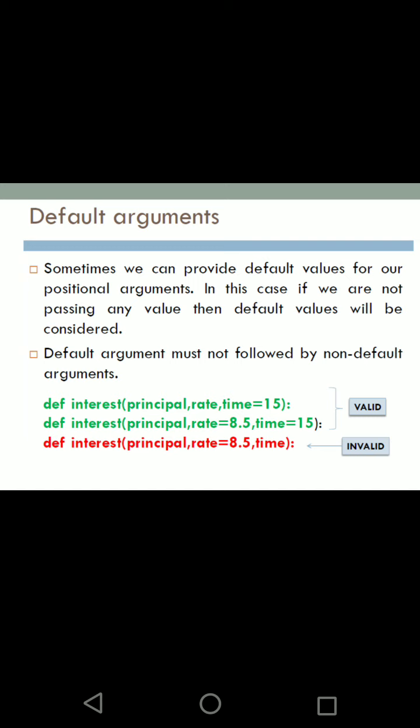Please take care that it should be the rightmost parameter that can have a default value. That value will be used by the function always if a new value is not given. Then see the next case. Principal, rate and time having default values is fine, but you cannot give a default value to a parameter in the middle unless the arguments on the right have default values. You can see an example.